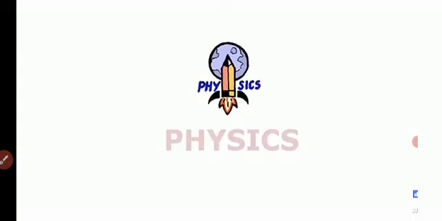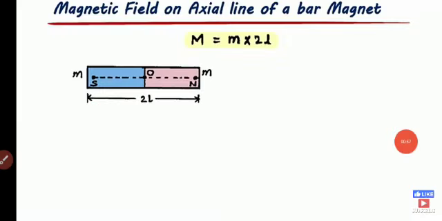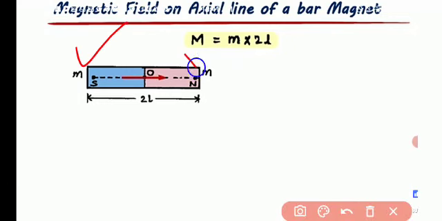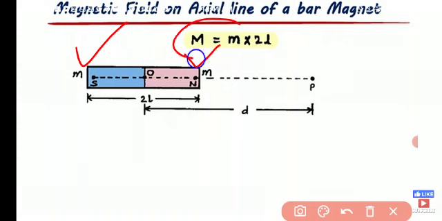First of all, let me tell you that the axial line is a line which is along the axis of the magnetic dipole. And a magnetic dipole is a system of two poles having equal and opposite strength. And the strength of poles we are denoting by the letter small m. Okay, so let us begin. Let us consider a bar magnet, and dear students, you know that in a bar magnet there is a south pole and north pole, and this is the formula for magnetic dipole moment.